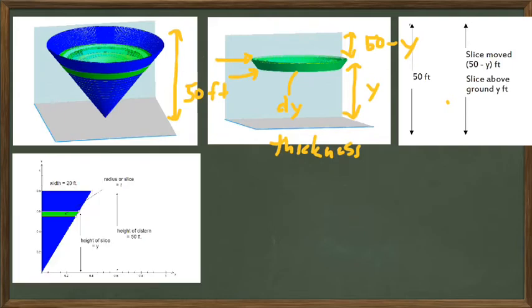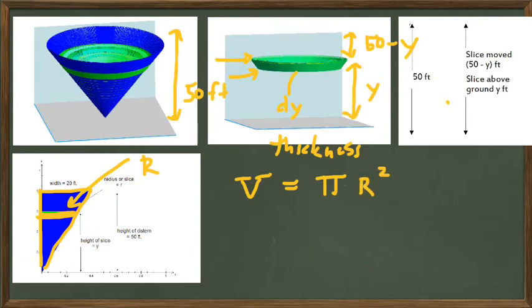So if we take a cross section of the cone that looks like this triangle right here, on that triangle we've got the radius of the slice, so let's mark that as radius r, and that radius is going to give us the volume of that slice. So the volume of the slice is going to be pi times the radius squared times the thickness dy, and the radius